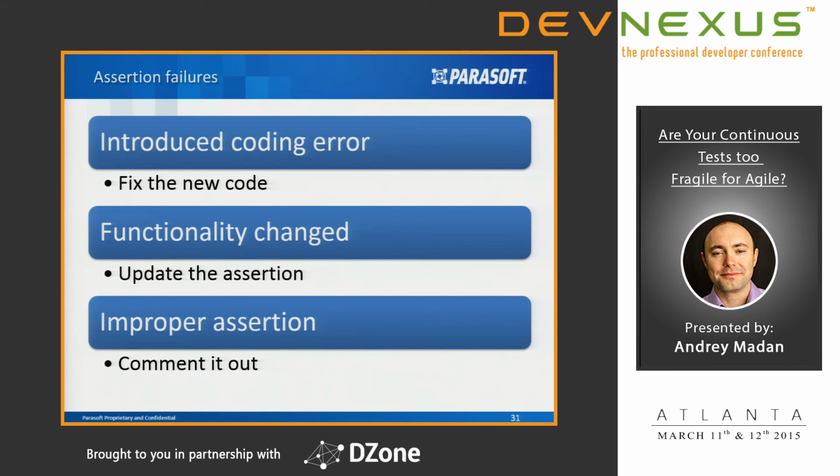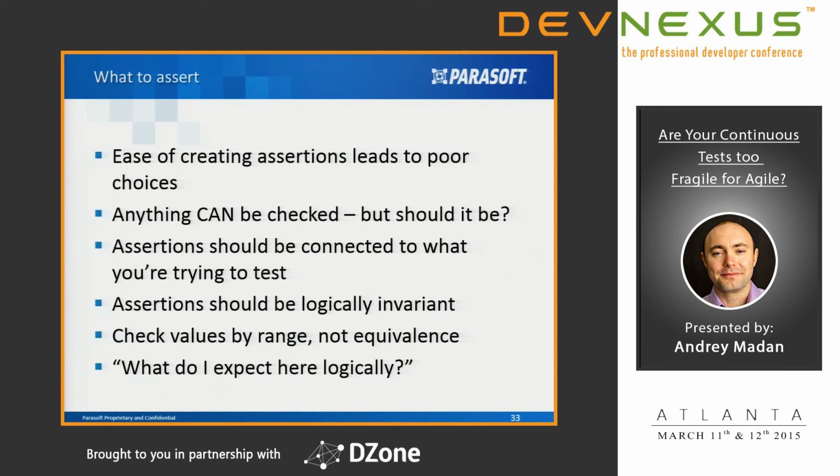And when you review, I talked about the importance of code review or test review. When you review each other's tests, make sure that one of the questions that you're asking your peer is, why are you checking that? And another question is, why are you not checking this? So those two questions. Another thing: the ease of creating assertions leads to poor quality. Everybody knows how to copy and paste. So you just copy and paste 5 lines of code, and you edit. Oh, I'm going to check on this variable, so you look good. So I wrote like 5 assertions. As a matter of fact, it's just one variable being modified by that method. Everything else is inherited. But people tend to do that. It's stupid.